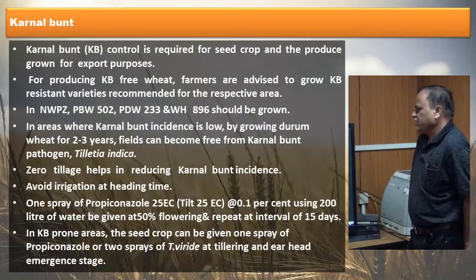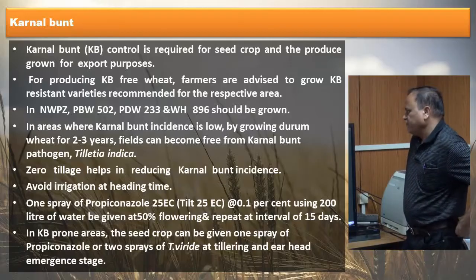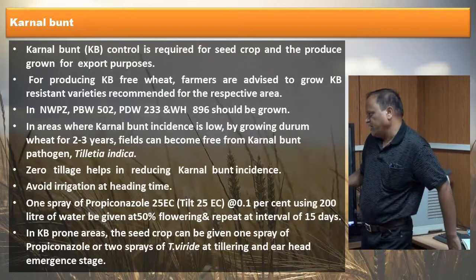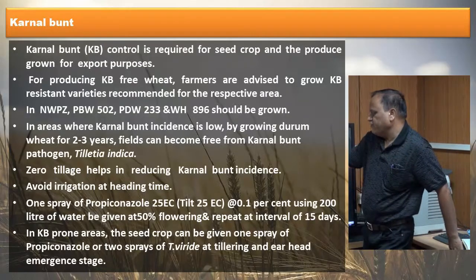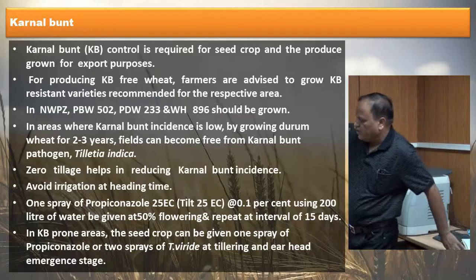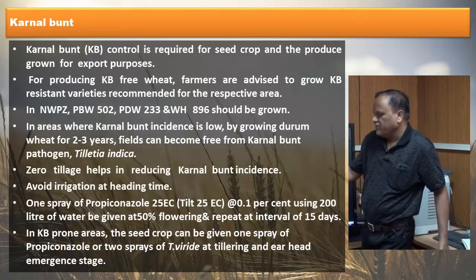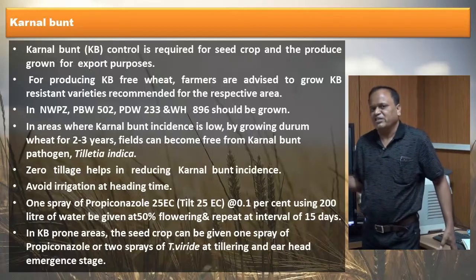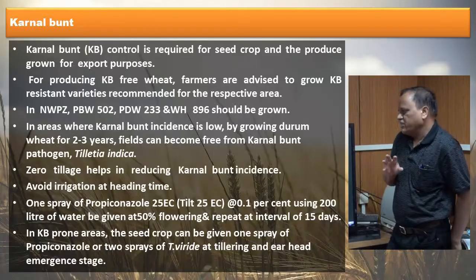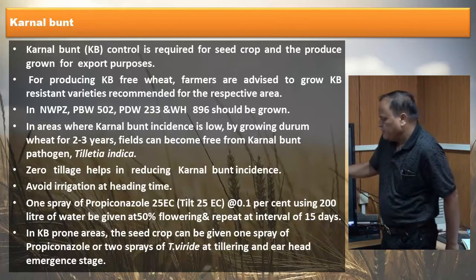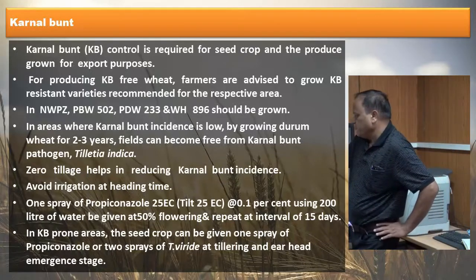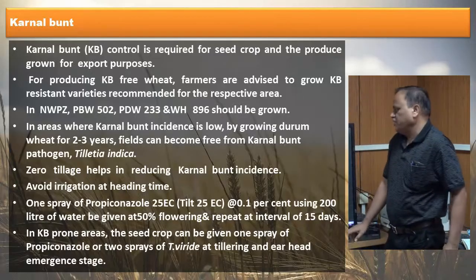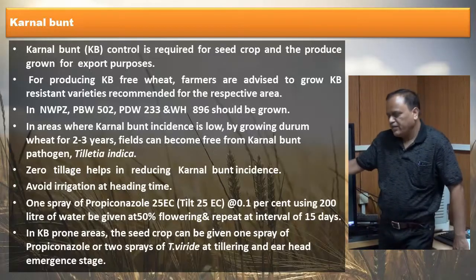So for producing kernel bunt free wheat, the farmer is advised to grow the kernel bunt resistant variety recommended for the respective region. Like in the northwestern plains, which consist of Punjab, Haryana, Western UP, and some parts of Rajasthan, PBW 502, PDW 233, WH 896